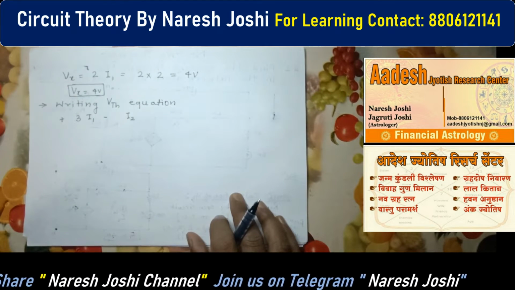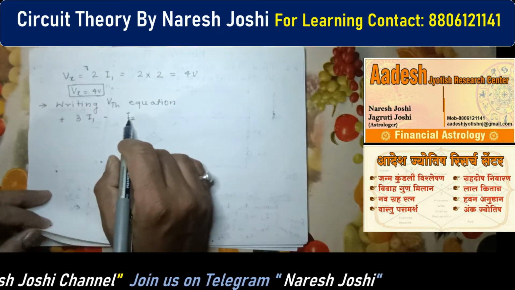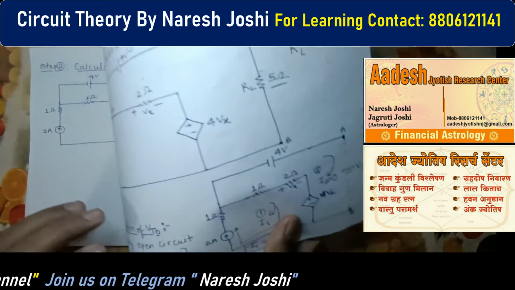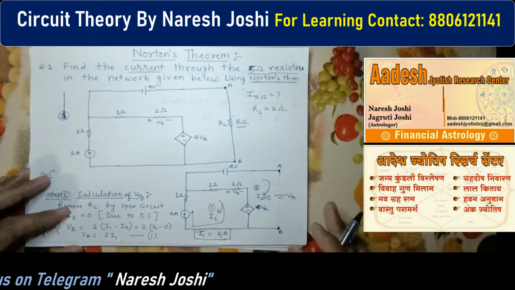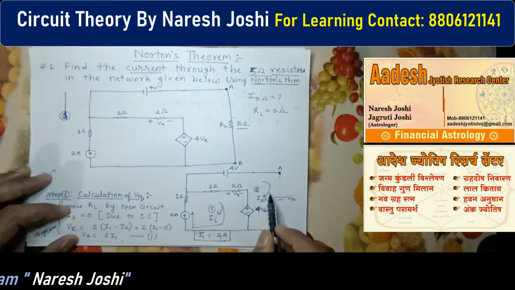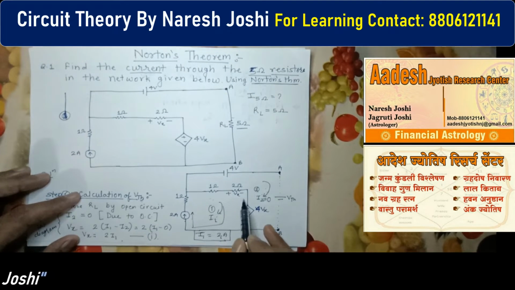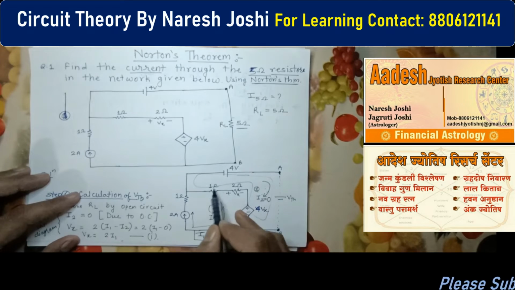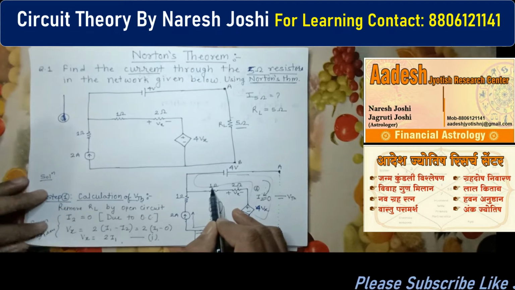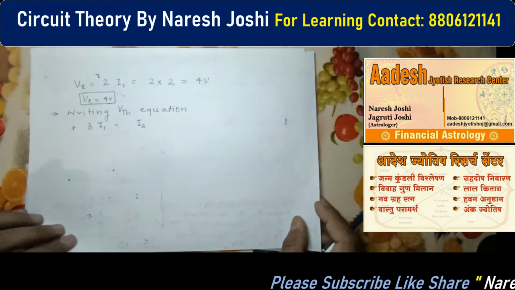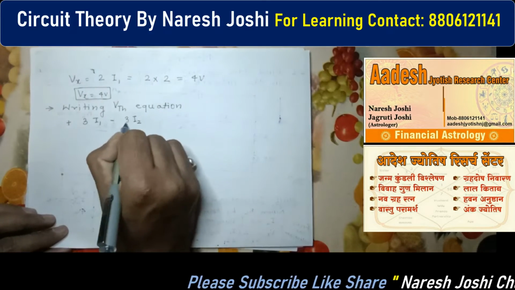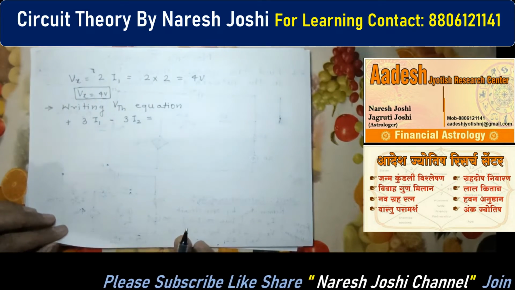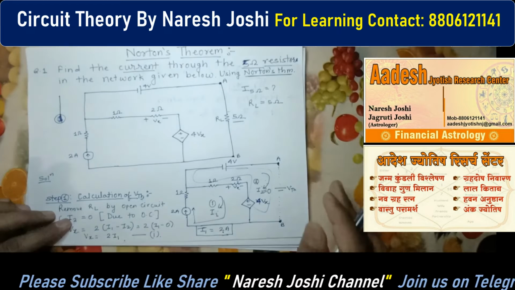What we have to do now, I2, what is the magnitude of I2. So for that we have to check through which resistance I2 is passing in mesh 2. So I2 is passing, you can see this I2, this is your complete mesh. Okay, you can see this is your mesh. So here I2 is passing through 2 ohm, 1 ohm, so again it is 3. So we have to just write down the sum of these two resistance, that is 3, and then it is equals to, okay, then we have to write down the voltage in this path.